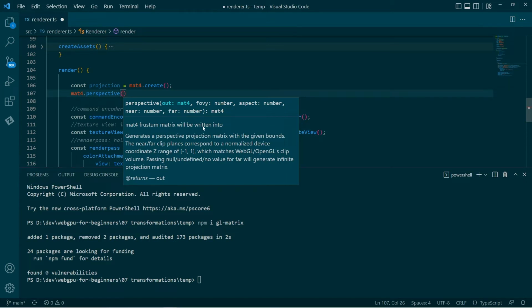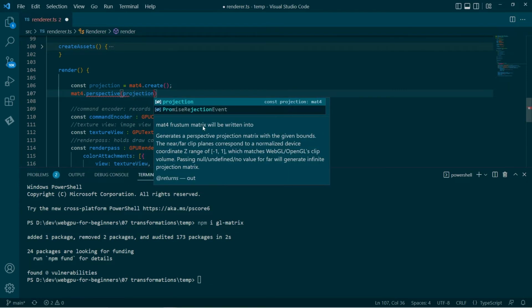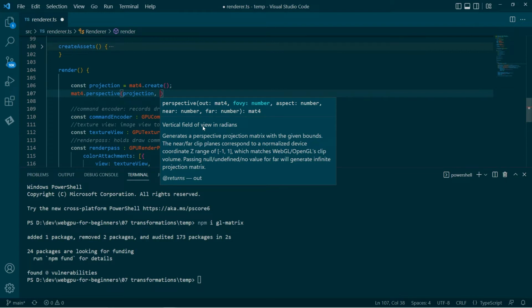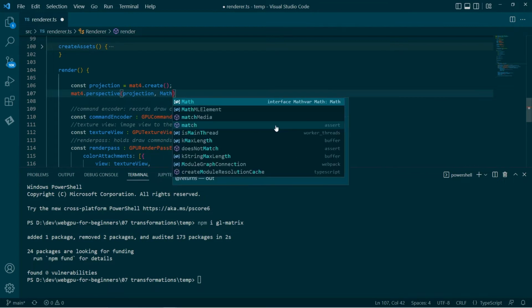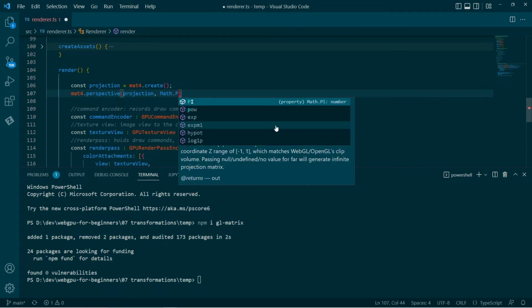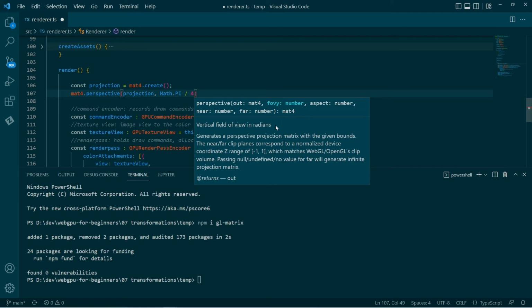So we'll write this data to the projection matrix. The field of view, now we know graphics programming, so we want 45 degrees, which it says is the vertical field of view in radians. So that will be